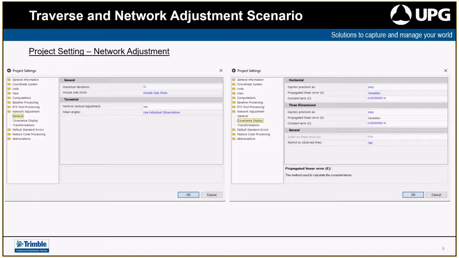The big difference here would be when the network adjustment goes through and runs the data: if it's set to mean angles, it will only use the mean angles for calculation of your network adjustment. I would like to see all of the observations and how they all fall out, and it could be that there might be one in there that is flagged as being